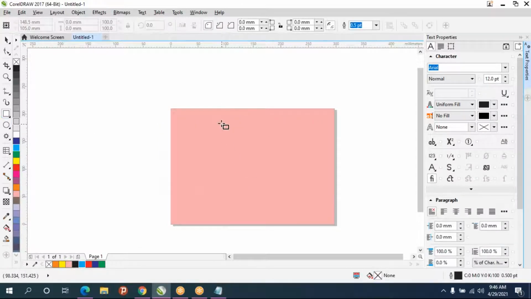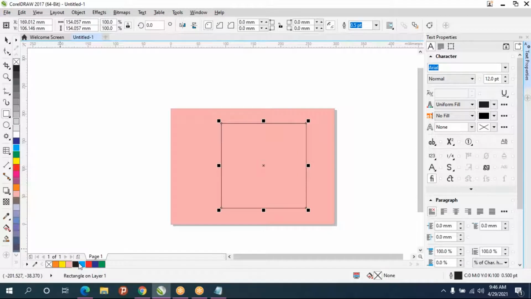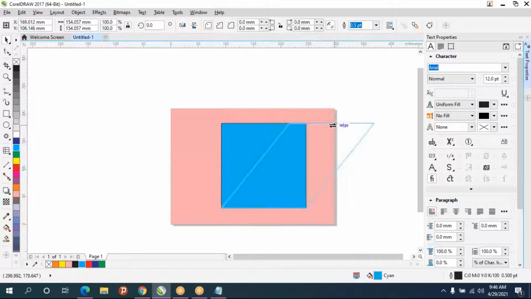See, if you take a perfect square, then you will understand neatly. When you are in the pick tool, once again if you click, you will get rotation control, and in the middle you will get skew option.